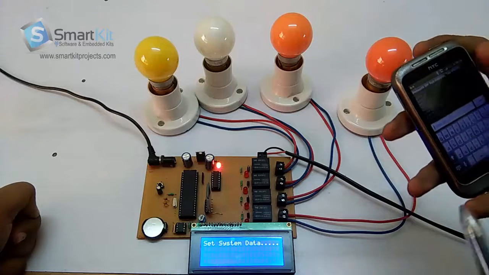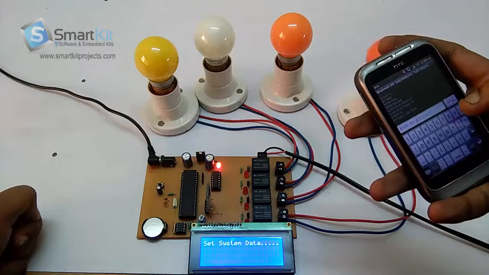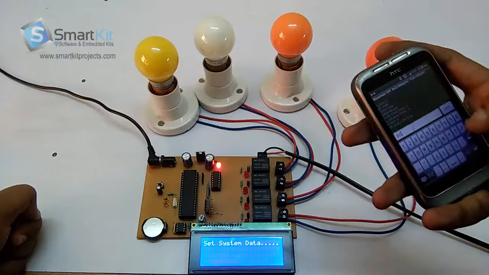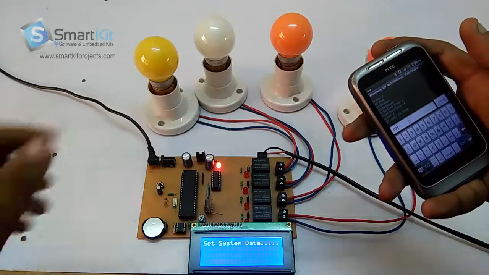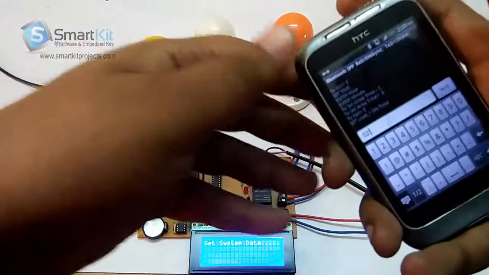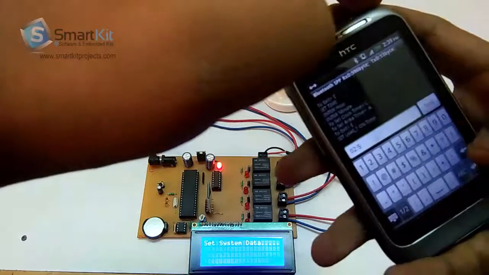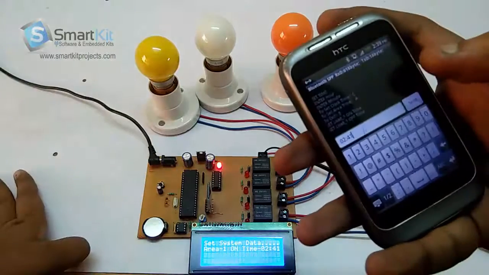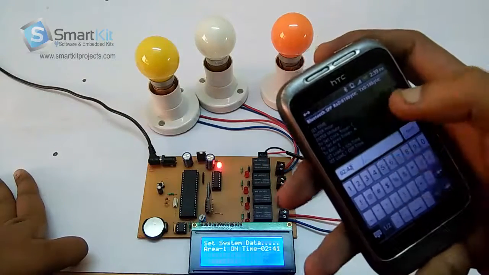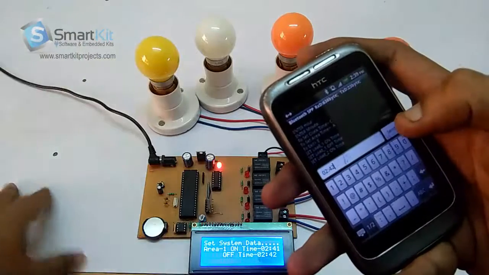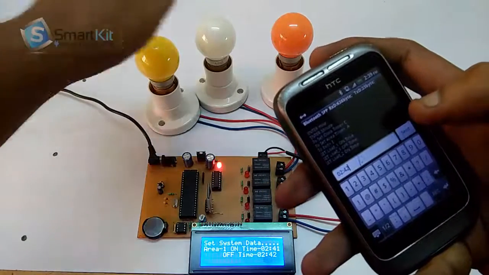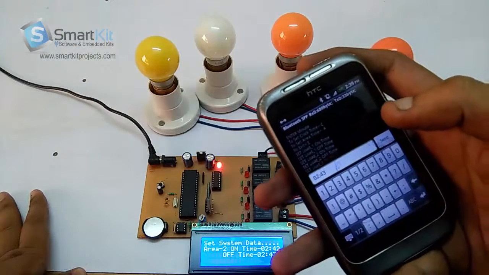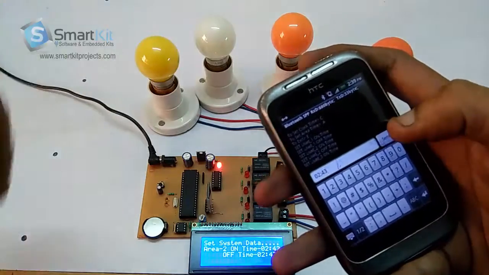Now we will send 1, 2. Here we are setting the timing for, for example, area 2. Now it's 2:39, as you can see on the mobile phone. Let's suppose we add 2:41 for the first load to get switched on. So we'll type send, and at 2:42 it will get switched off. Again, the other load will start at 2:42, and then it will get switched off at 2:43, as we are typing on the Android phone.